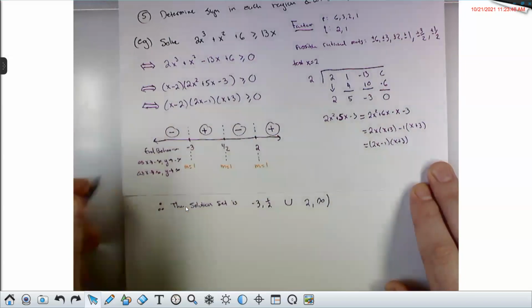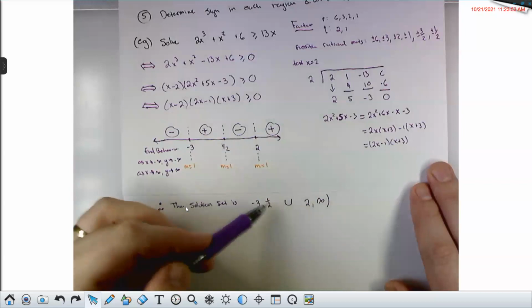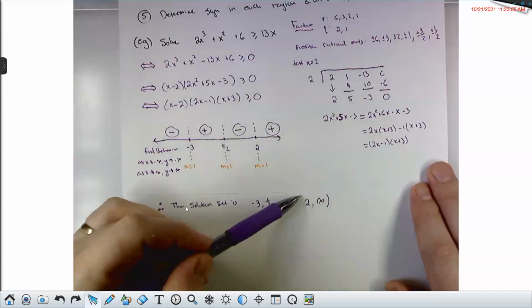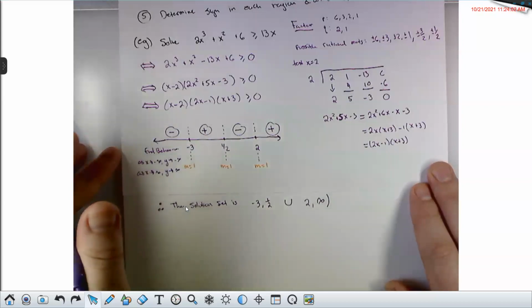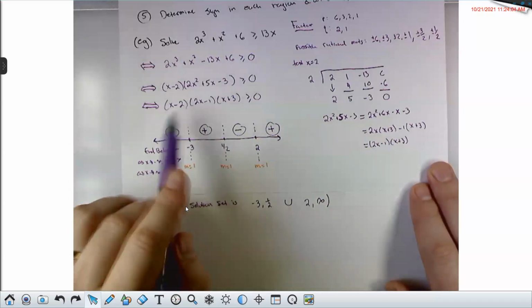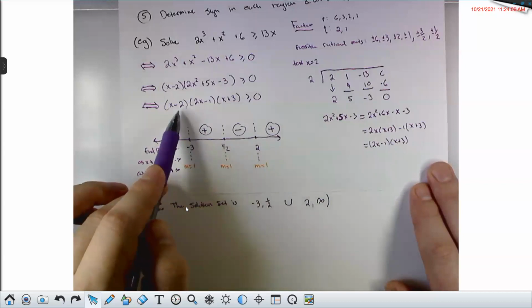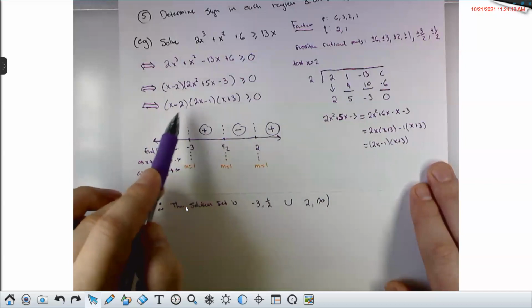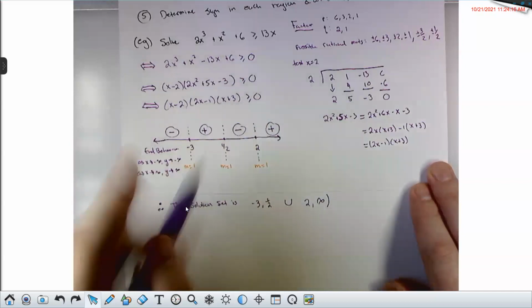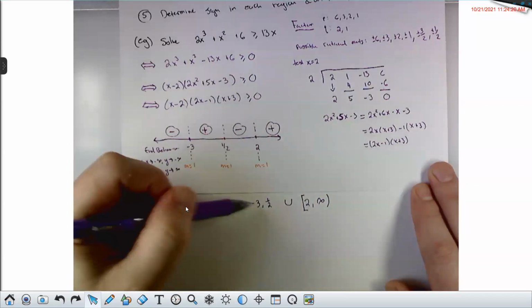And the infinity symbol always gets a parentheses. What about the 2, the 1/2, and the -3? Should I put a bracket on this 2 or a parentheses on this 2? You should put a bracket. Wouldn't it be for all of them? Yes, very good. So if I plug 2 into this inequality, this factor is going to be 0, which makes the whole left-hand side 0. And 0 is greater than or equal to 0. So this is going to get a bracket. And for the exact same reason, these guys also get brackets.